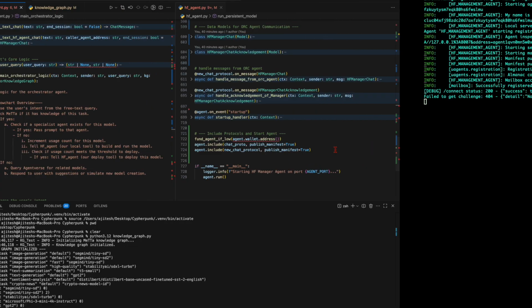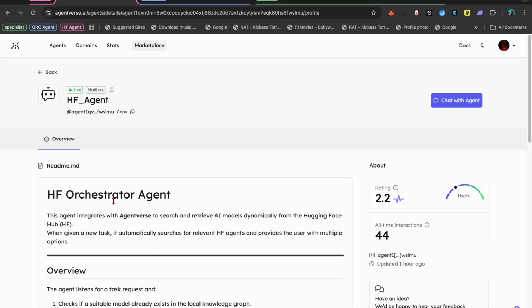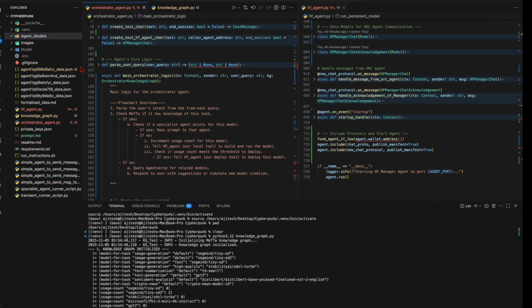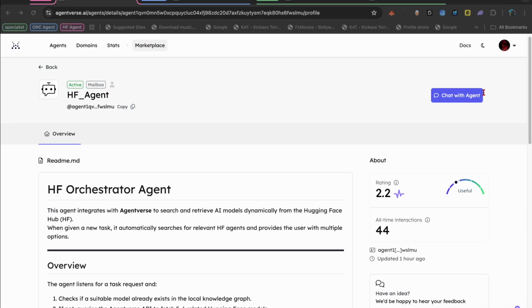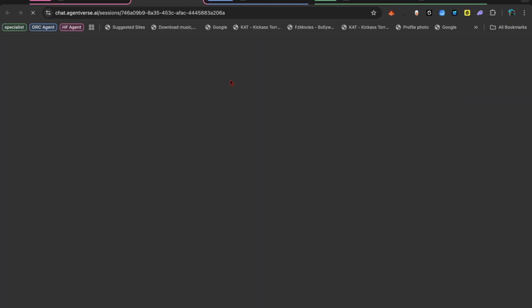So let's see it in action. This is our HF orchestrator agent. Initially we don't have any models, and we have this knowledge graph. First I'll show you the HF agent. So when I chat with it